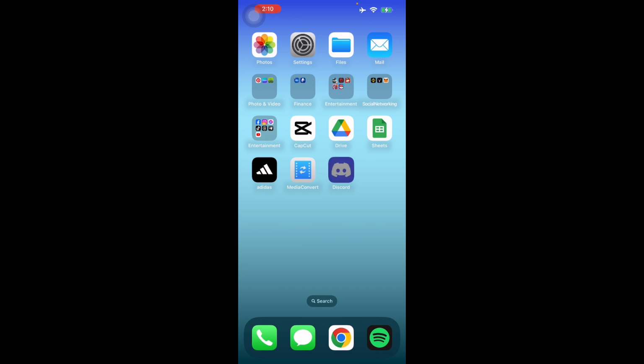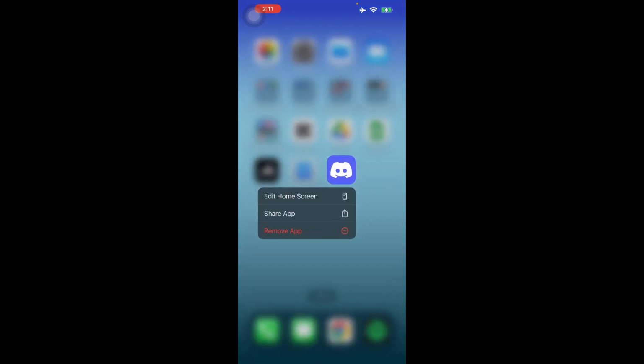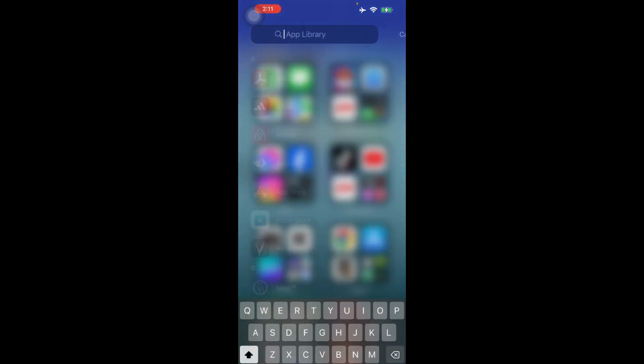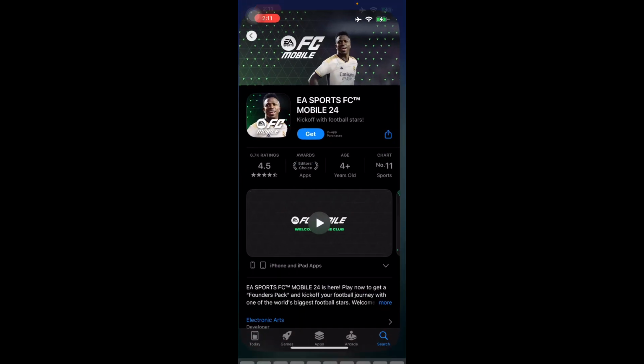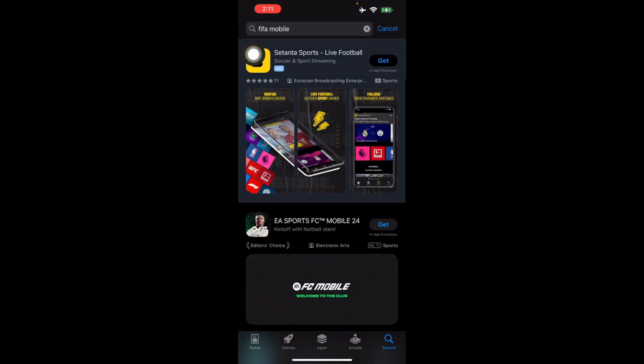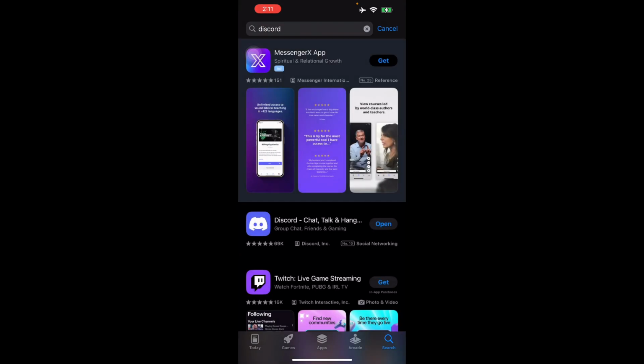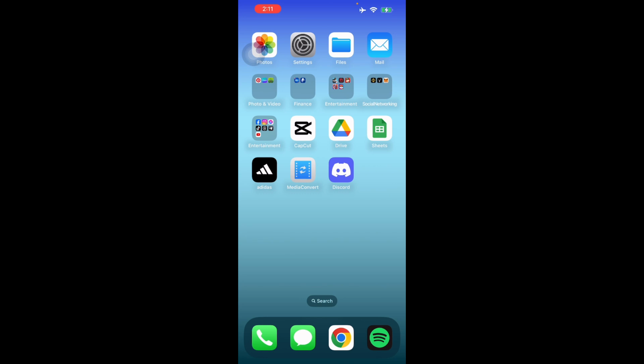Second, if it doesn't work, all you have to do is delete the application and install it again. So you can just head on to your App Store or your Google Play Store and just go ahead and search for your Discord, and from there just install it again and maybe it will work, and if it does, you are in luck. But if it doesn't, it has a problem within the server,